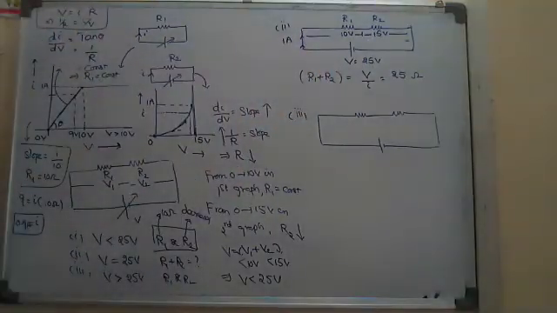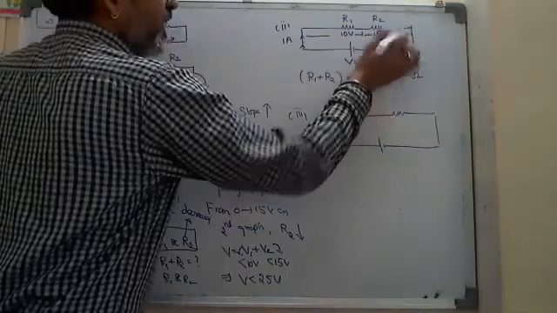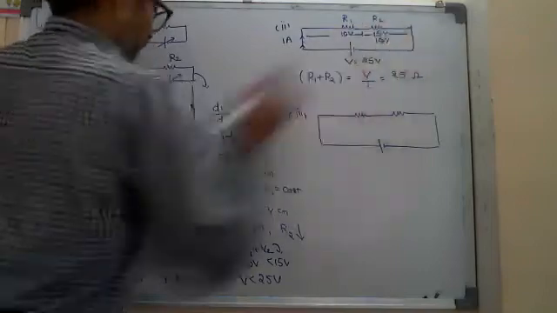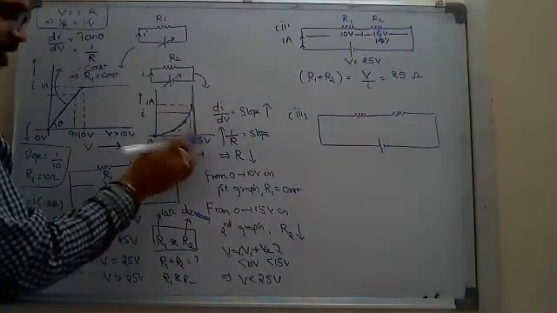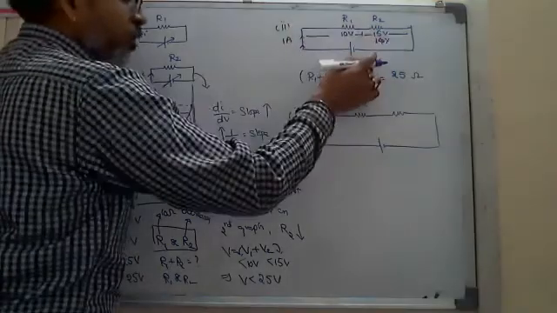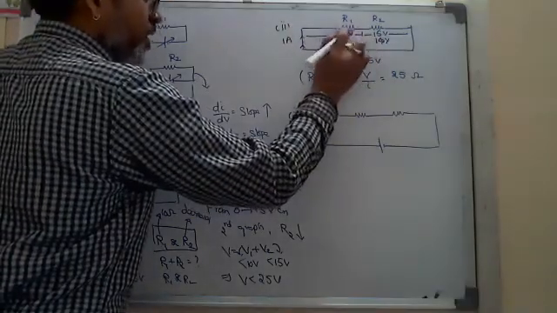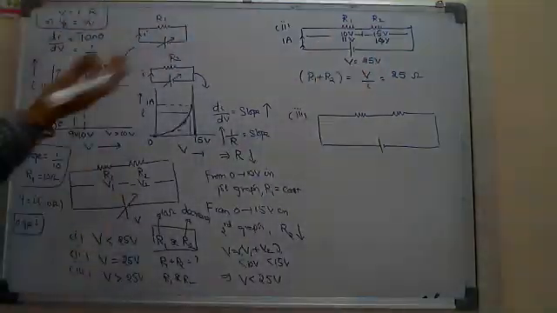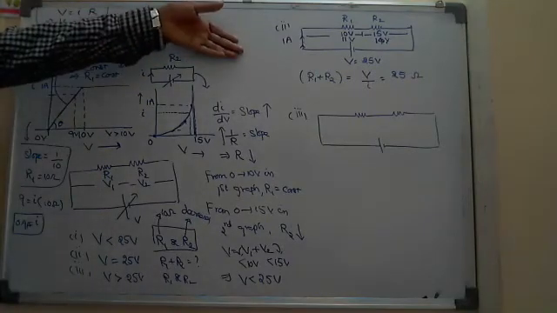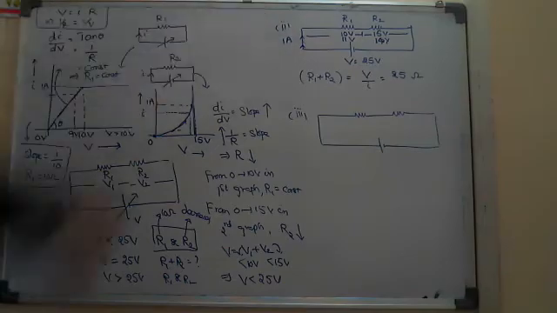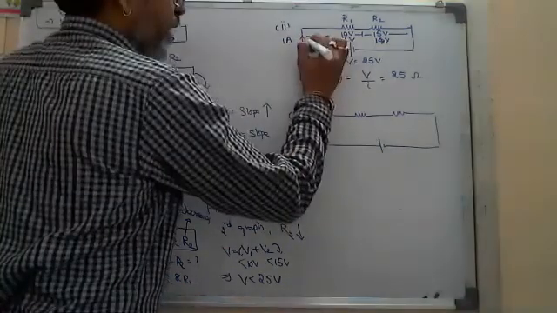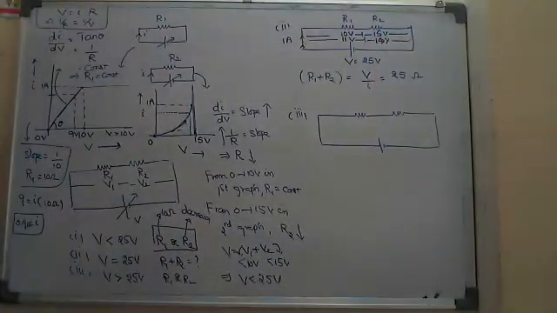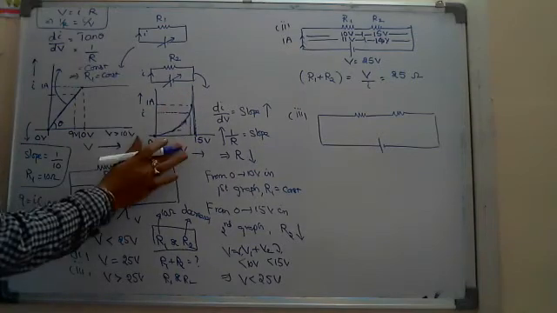Then you may argue, sir, not 15. Suppose I take it is 14. If it is 14, yes, less than 15 for the second resistor is possible. If it is 14, total 25 means it should be 11 volts. Sir, why don't I take like this? If whatever my first assumption, I understood, sir, that was wrong. So suppose I take my second assumption, why should I not consider the two potentials like this? Yeah, you may consider. 14, I can't deny, that is possible.